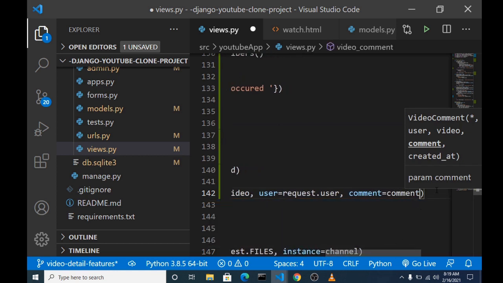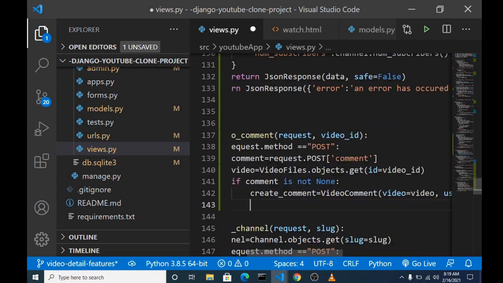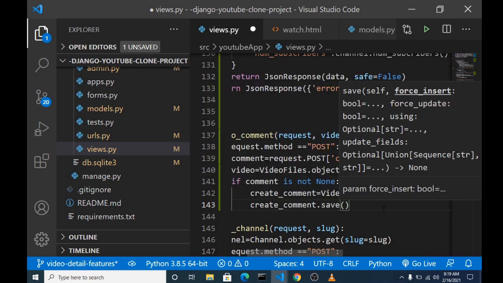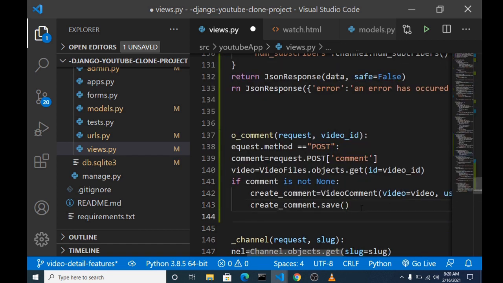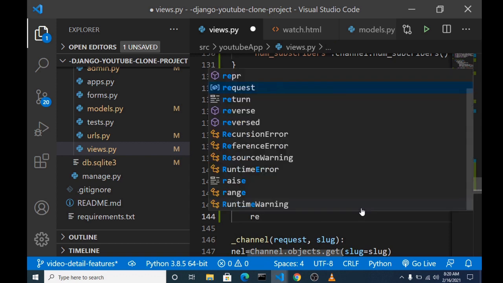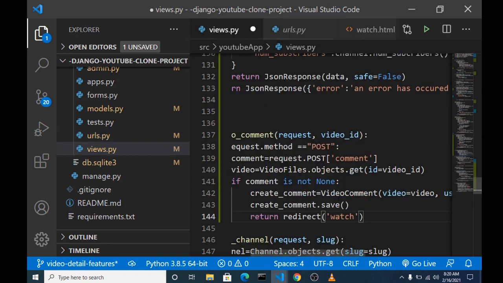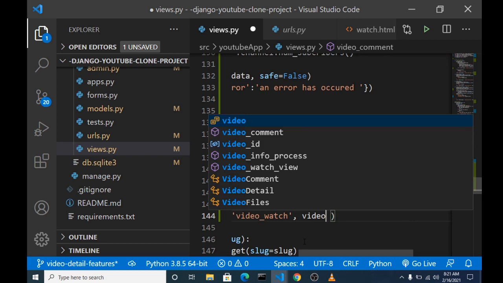Alright, so once we have this, we can save and copy the comments to our database, and then we can return a redirect back to the video watch, and then pass the arguments, the video ID.